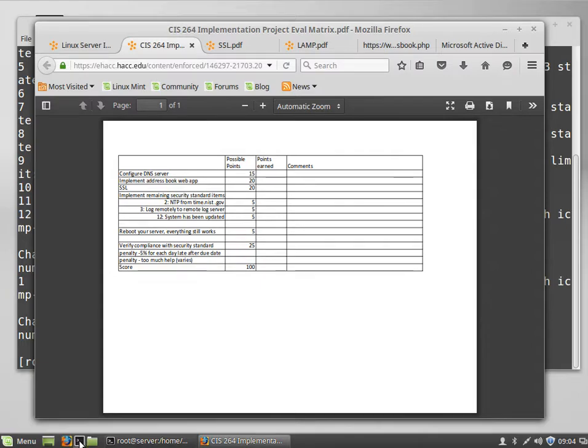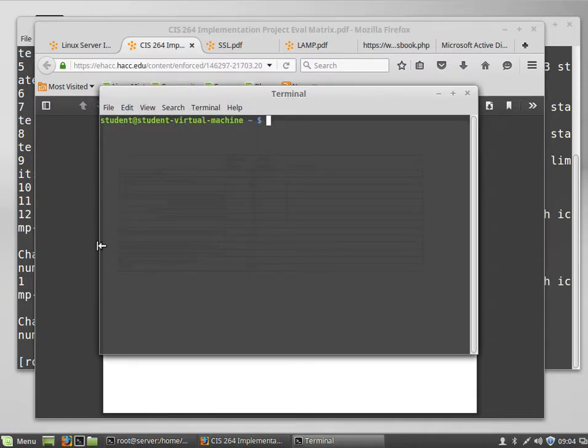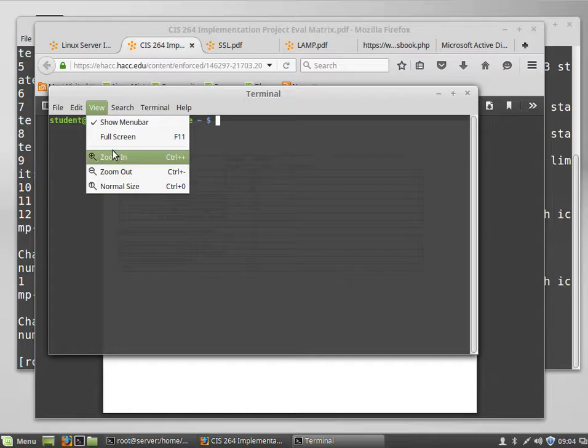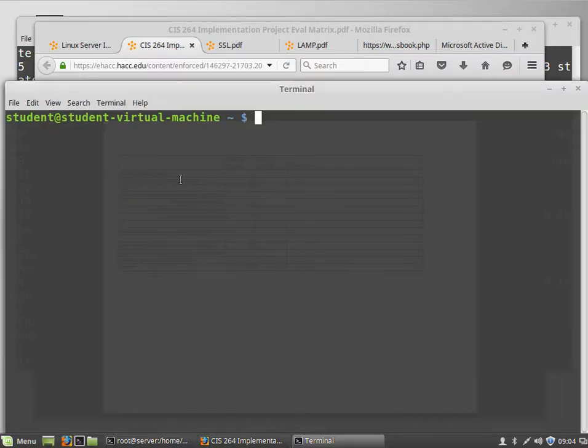How can you check and see if DNS is working, or how can you test along the way? Well, you can use nslookup to ask your DNS server questions. And there's basically two kinds of questions we want to ask your DNS server. We want to ask your DNS server questions about your own domain. So